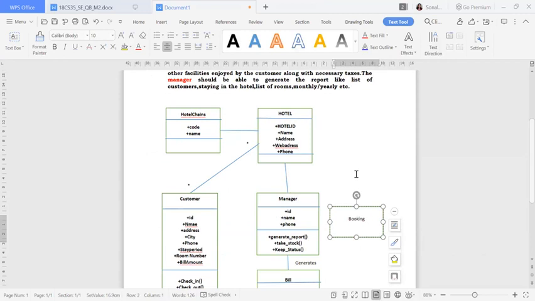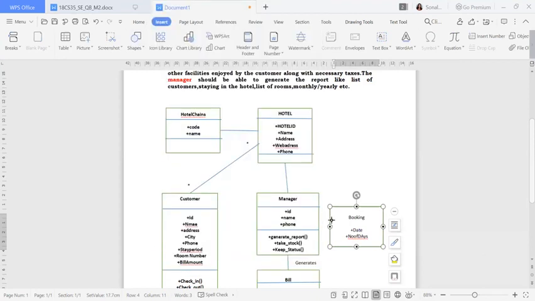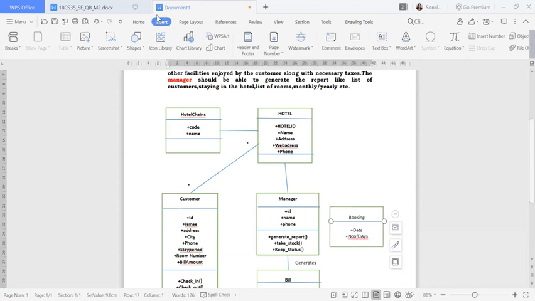Okay, so what attributes do I want to add? Date, which date they want to book, booking date. Next I can add number of days. So booking date and number of days, these two can be added. If you want to add any more attribute names, you can add that also. I'll divide it here. One more section for the functions. I'm giving some space. If you want to write any function name, you can write. And the relationship will be from manager to booking. So here I'm going to connect it.